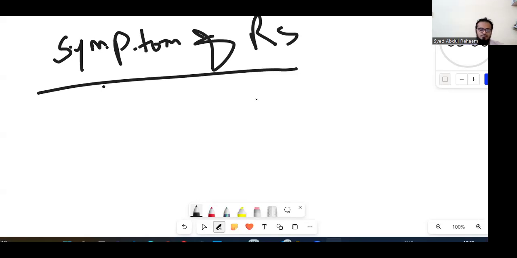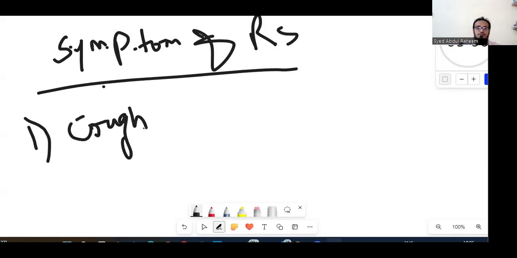The main or most common symptoms we will discuss here are what the patient tells us, so we can easily identify that this disease belongs to the respiratory system. Initially, you have to treat the respiratory system. The two most important symptoms we will observe in most respiratory diseases, if not treated: one is cough, and the second one is